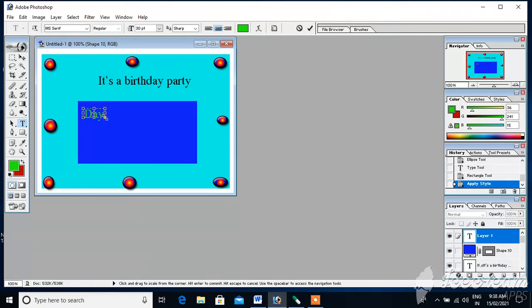Date. In the same way, take one more rectangle here. You can rotate this also, but don't rotate. Enter.